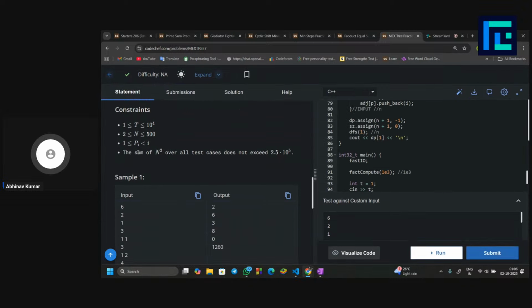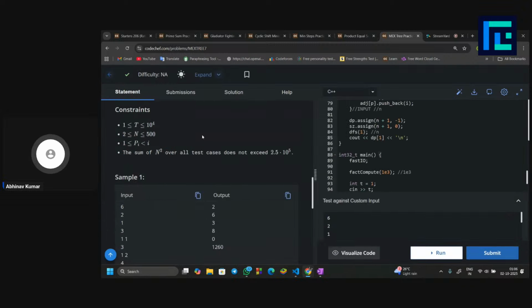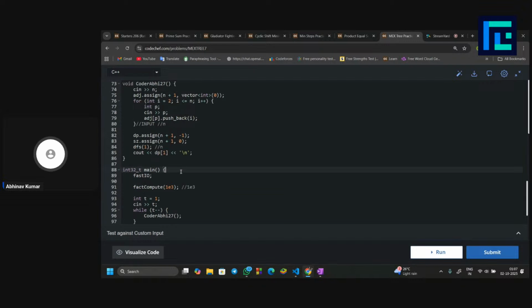So even for something like 1e5 it would get accepted. Okay, I think the expected solution was something else, that's why constraints were given as 500, but this was an even better solution. Okay, so I hope this is clear to you,